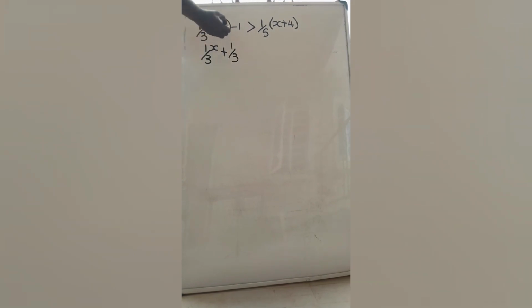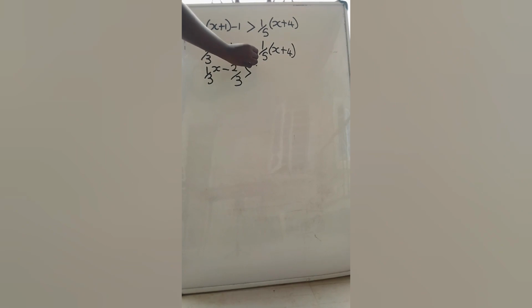We use 1 over 3 to multiply what is inside this bracket. Then we put our minus 1. 1 over 3 minus 1 will give minus 2 over 3. So we have 1 over 3x minus 2 over 3